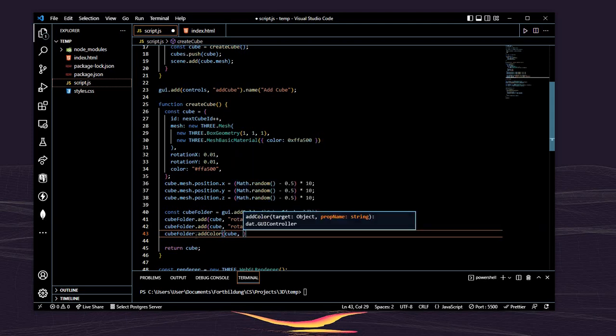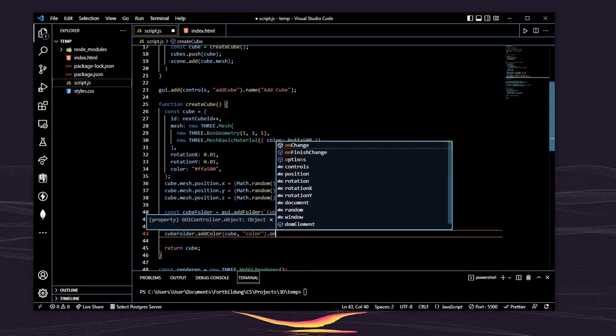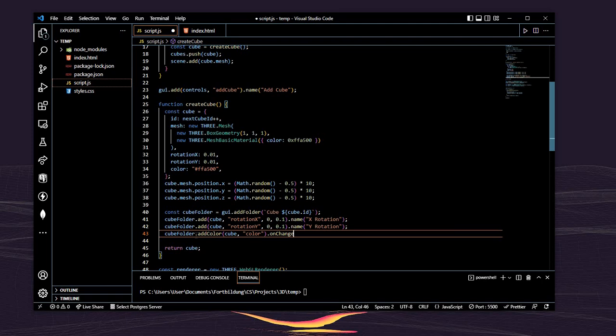So we're gonna say cube because that's the object we're still referring to, color, and here we're gonna work with the onChange method. We can say function